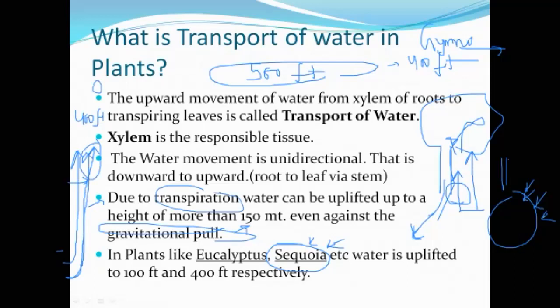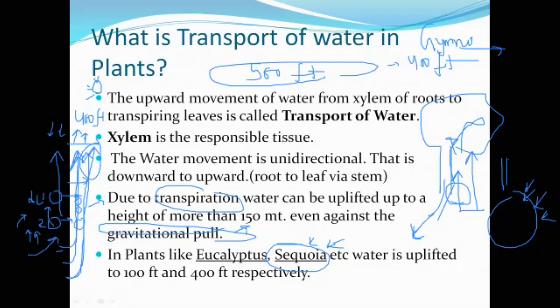Whenever transpiration occurs, whenever sunlight is available and the process of transpiration is going on, due to that force, that is transpiration, the water is absorbed as a negative pull. Due to the water potential gradient, water keeps on moving upward. Suppose there is a cell. If cell 1 is present above cell 2, as the diagram shows, and cell 2 has more water potential and cell 1 has lower water potential, then of course water will move from 2 to 1. So due to this principle, the water potential keeps on decreasing as we move upward.